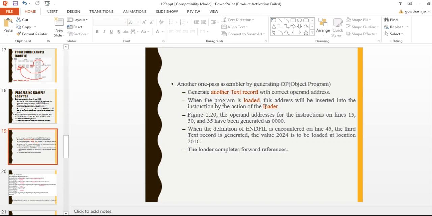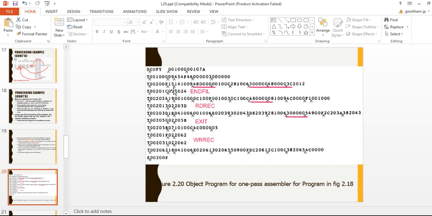Because of that, a forward reference occurred. During load time, that substitution will be done. The operand field will be substituted with the new text record value. For example, here in this text record 4800 at line number 30, end fill will be undefined. 48 is the opcode of that instruction.